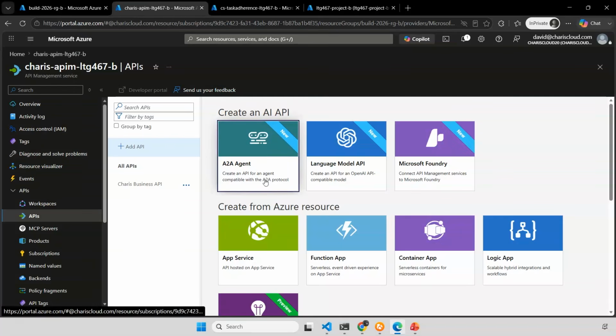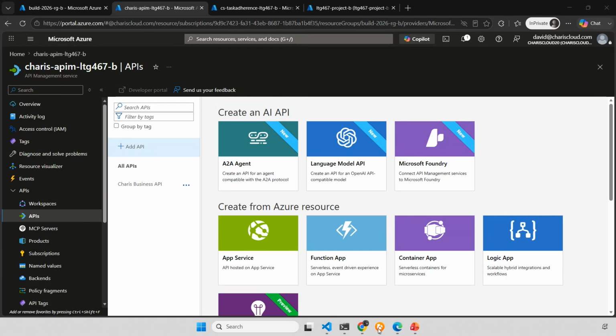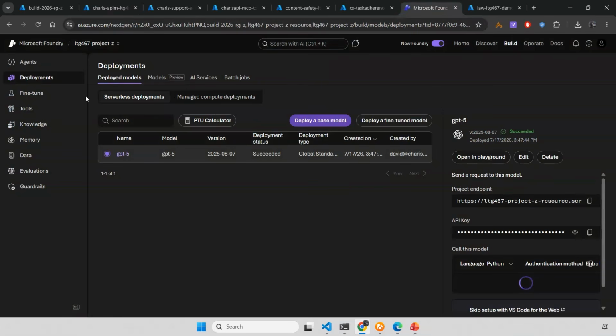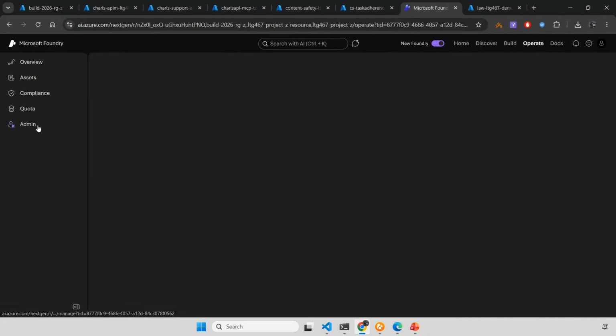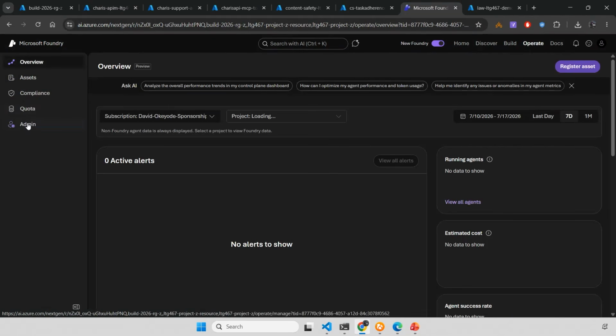So here I am in the Azure portal. First, I want to bring my model in so I can apply some governance capabilities. I'll go under API Management, then under APIs, and click on Microsoft Foundry. You can also do something similar by going directly to the Microsoft Foundry portal, under Operate, in the admin section, where we can integrate the AI gateway directly